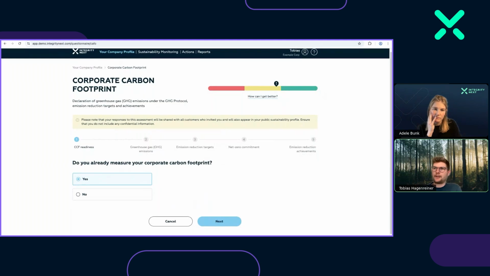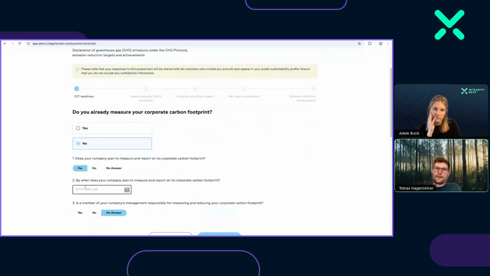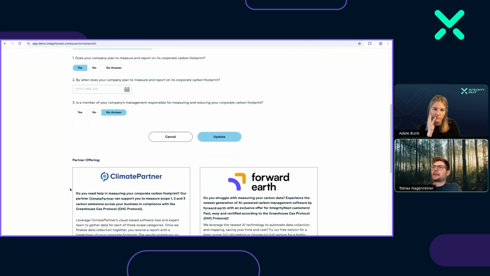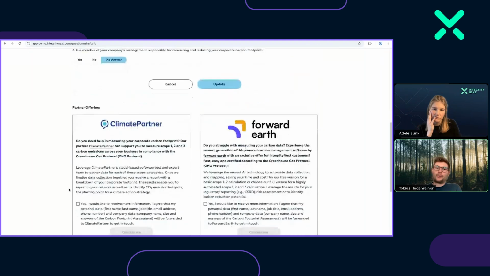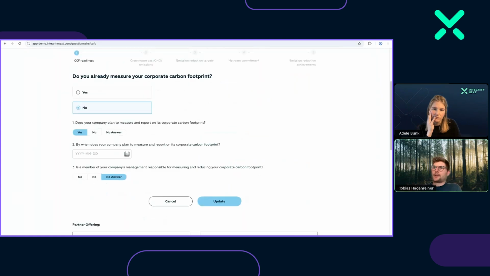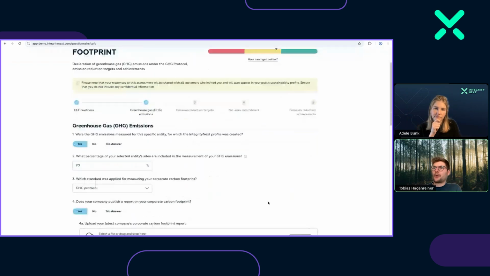First step, very easy. Do you already measure your corporate carbon footprint? In case they would indicate no, we at least ask if they are planning to do so and by when. And if they really need in-depth support, they can already see with whom we are partnering here. For our purpose today, we obviously would indicate a yes, and then the suppliers would move on to the greenhouse